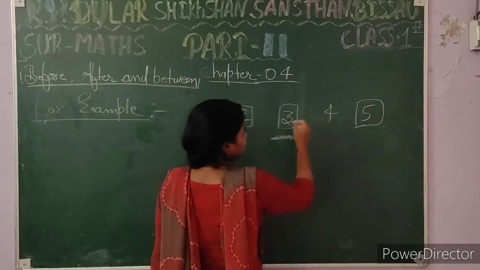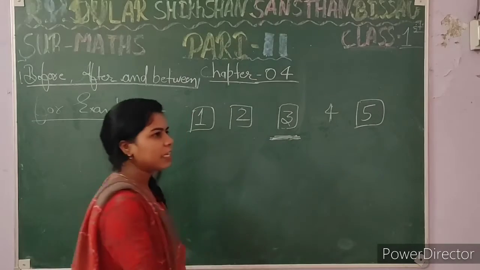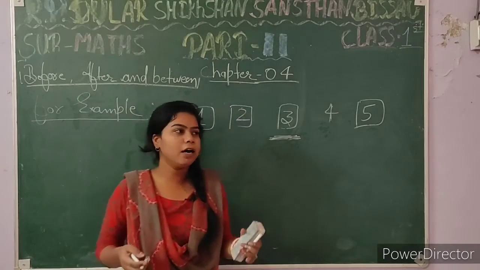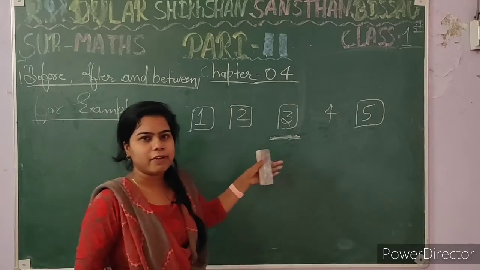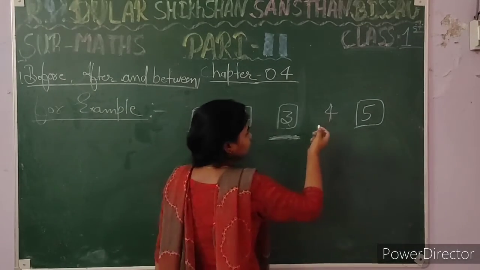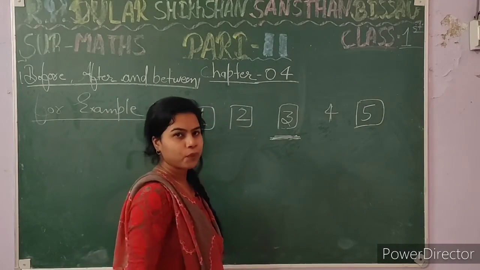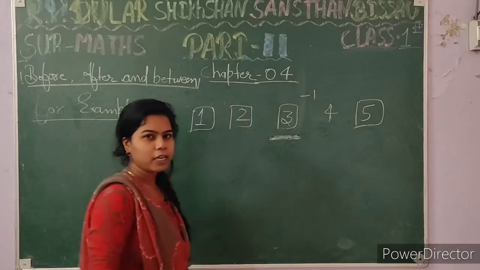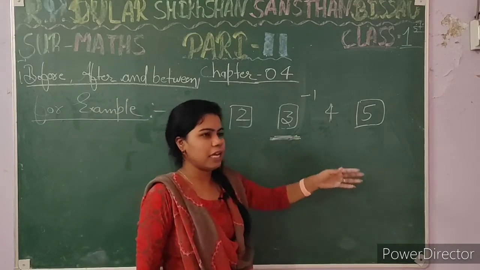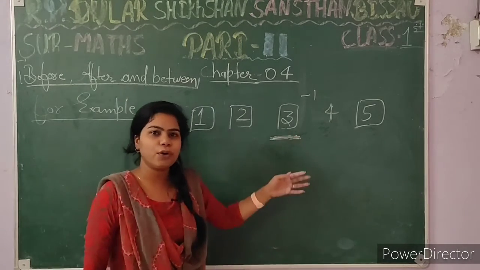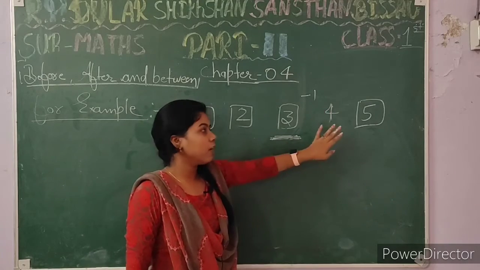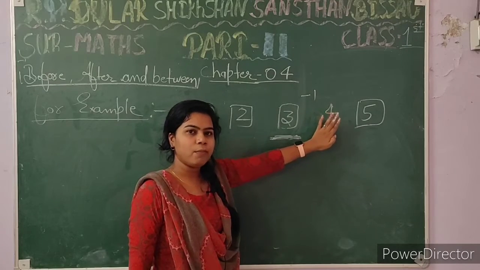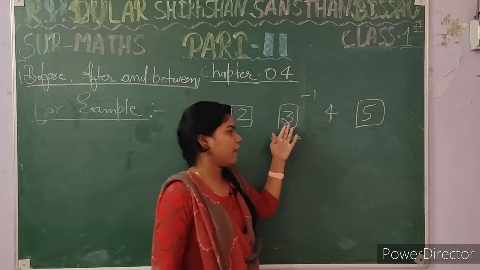Okay, so for which number comes before, you can use plus minus also if the question is asked like that, which number comes before 4? It means we have before, then we use -1. If there is a question like that, which number comes before 4, then we use -1, which means we subtract 1 from 4. 4 minus 1, then we have 3.